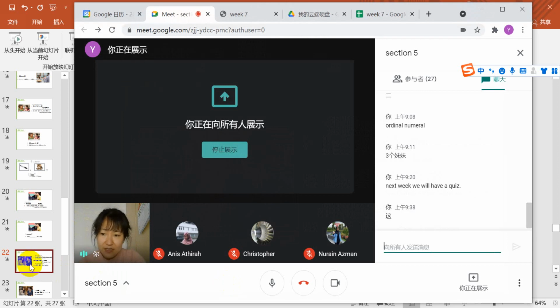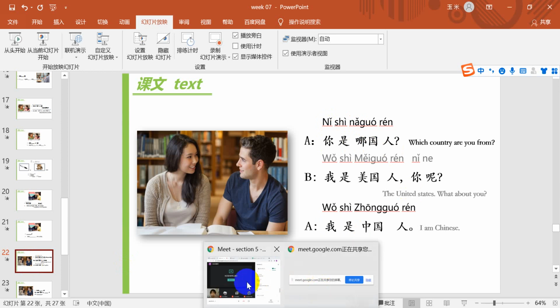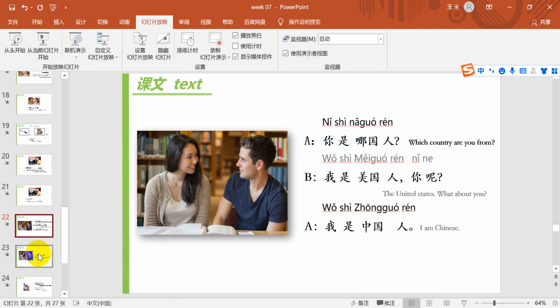Okay. And the next one is to ask of the country, the nation. Did you remember how to say if you want to ask people's country? 你是哪国人？ Yes, good. 你是哪国人？那 for the answer, 我是马来西亚人。 Yes, good. 我是马来西亚人。